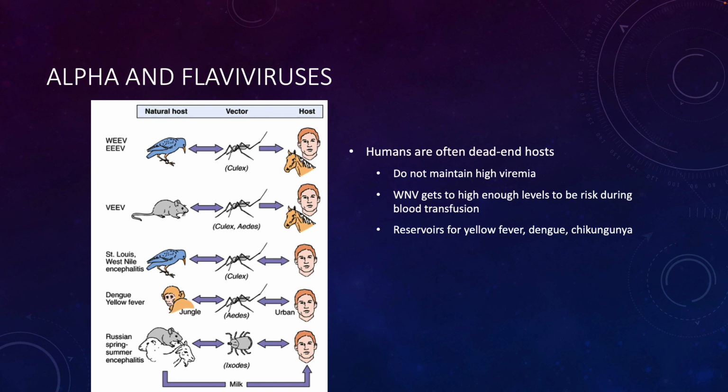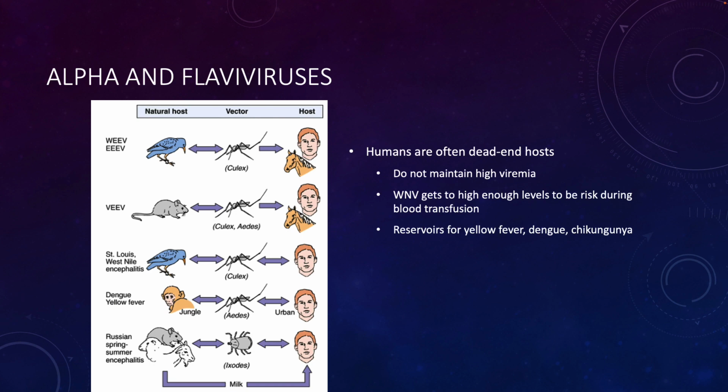There are some viruses that might get to a high enough level. For example, West Nile virus gets to a high enough level in the blood that it's a risk for people who receive blood transfusions. But with others, things like yellow fever, dengue, and chikungunya, humans do sometimes maintain a high